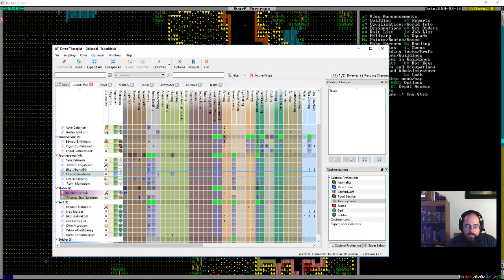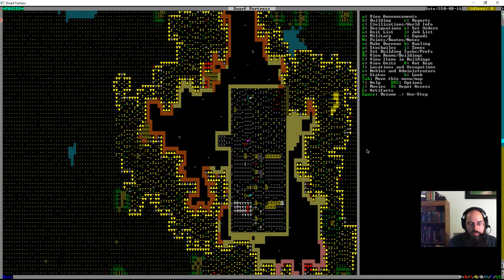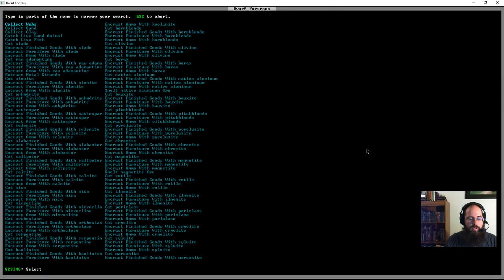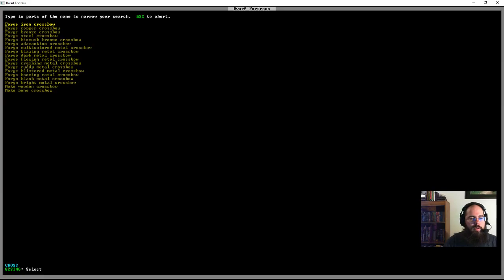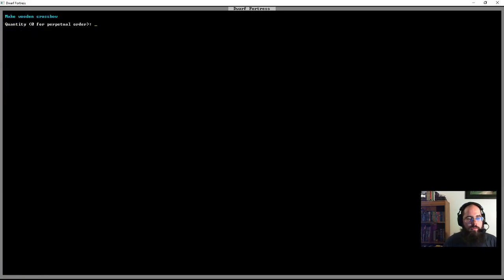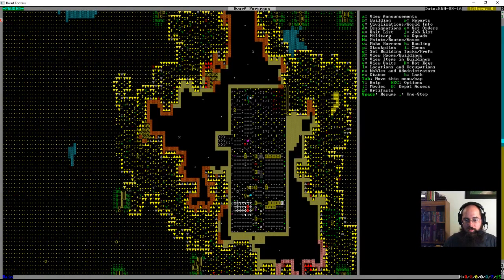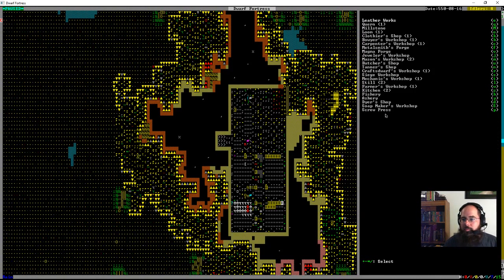Okay, so now what I do is go JM, new one, I want a crossbow, another wood crossbow, just 1. Okay, and then that means I can set up the rest of my stuff here. So let's just go ahead and build the rest of the stuff. So workshop, we want a tanner,